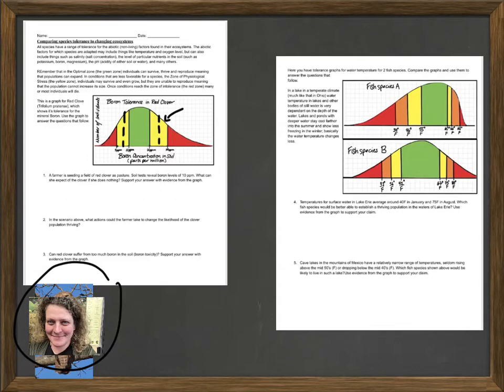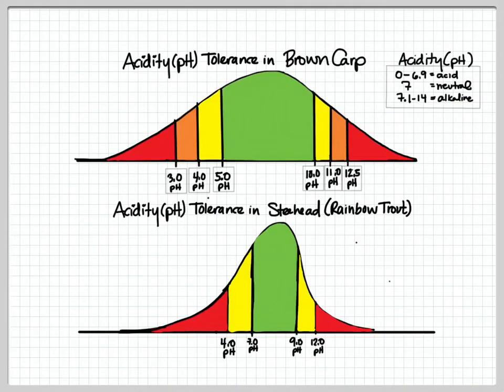The sort of outer edge of the zone of physiological stress is where stuff gets real. This is skirting dangerously close to the zone of intolerance, and in that lower part of the zone of physiological stress, we're going to see individuals who aren't even able to grow, let alone reproduce. They'll survive, but that's about it. They're not doing well. You don't want to be in that yellow zone, in the lower part of that yellow zone. So here are two